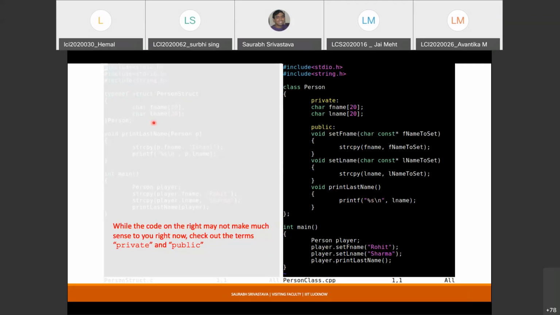When I created the structure, there were no functions, there were just variables, right? And there was no private or public, or these terms that I have added here. There were no similar terms here. So anyhow, the idea of a class here is that there are going to be some privacy settings.